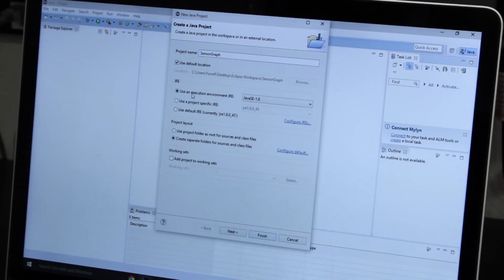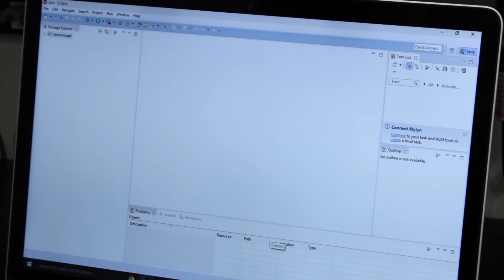All of the default settings are fine. Go ahead and click Finish. So we have a folder here. If we double click it, we have a source folder and a system library folder. What we can do is go ahead and add the 3 libraries that we already copied